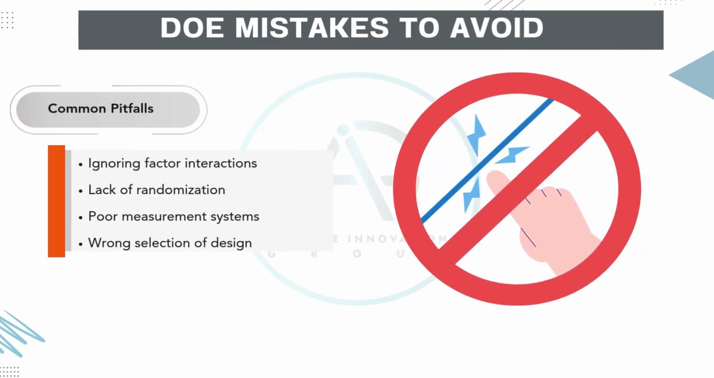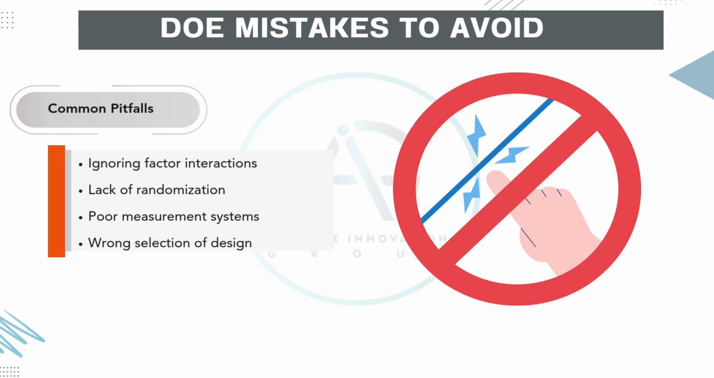While design of experiments is a powerful tool, there are some common mistakes that can reduce its effectiveness if we're not careful. The first is ignoring factor interactions. Sometimes we focus only on individual factors, but interactions between them can have a major impact on the outcome. Overlooking these can lead to incorrect conclusions. Second, lack of randomization is a big issue. If we don't randomize the order of our runs, external influences like temperature, humidity, or operator variability might bias the